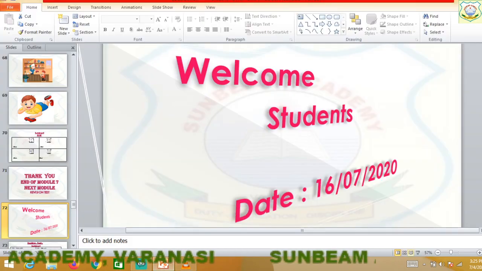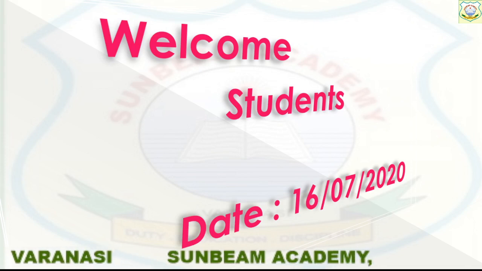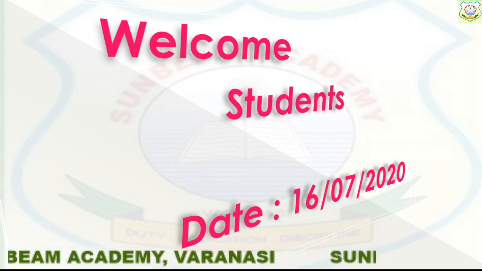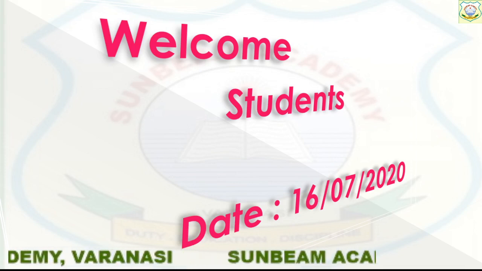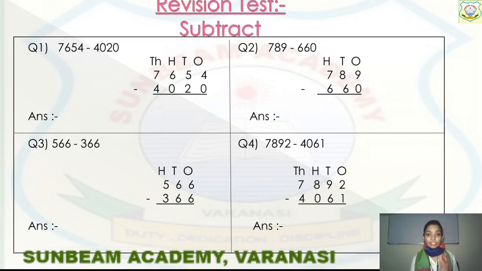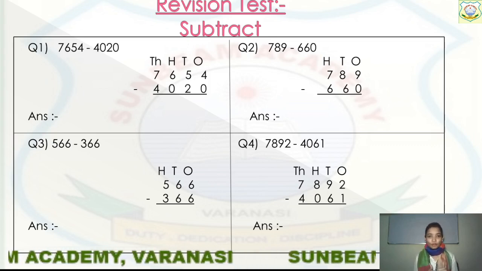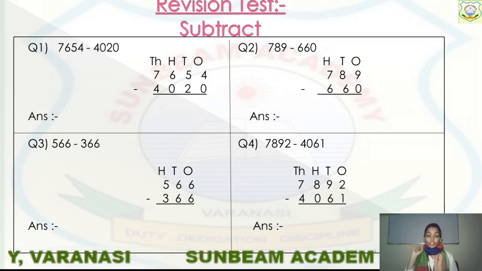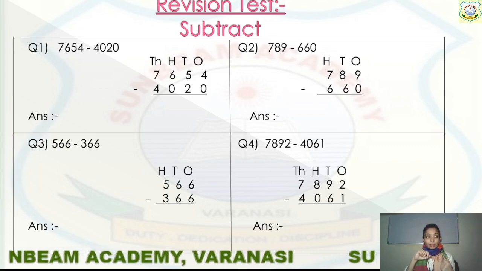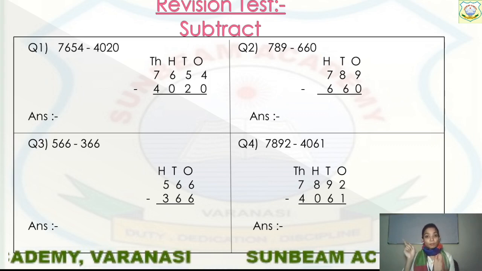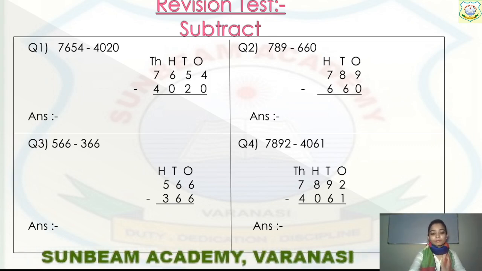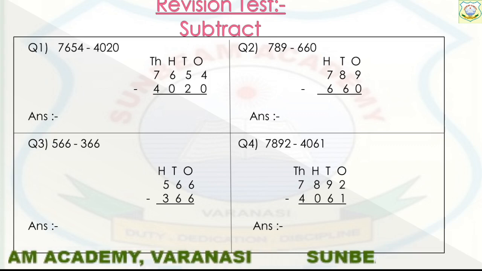Now, it's time for your test. So, I want to give you some instructions. Okay, so now, this is your question for the revision test. All of you, take out your notebooks and write down the question and start solving. Total 5 questions are there that you have to do. These 4 questions are subtraction, and after that the next question is your word problem. So complete it right now, fast students. Okay? Do it.